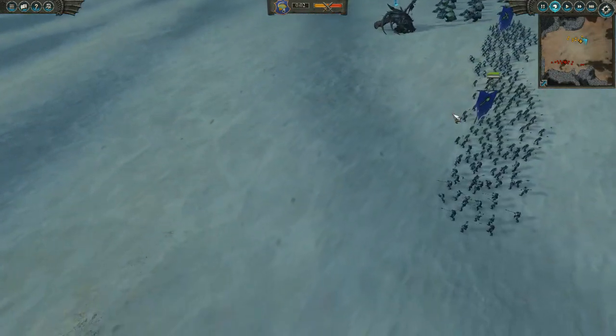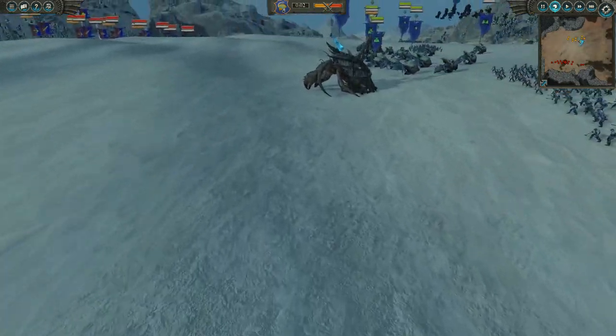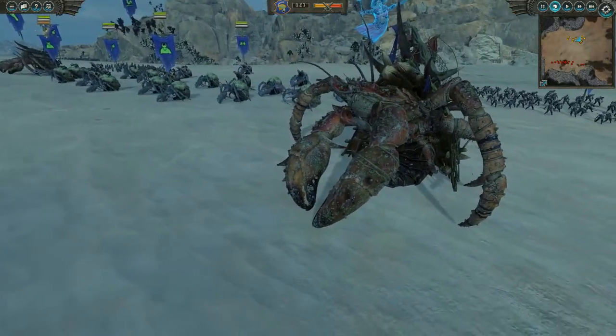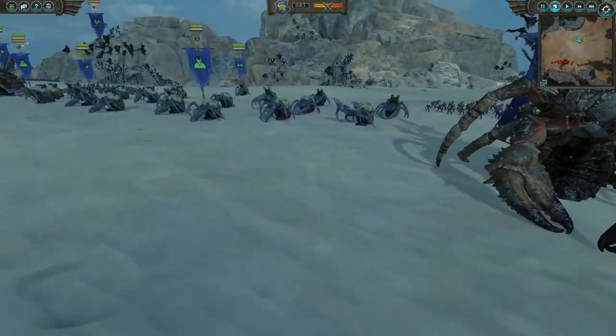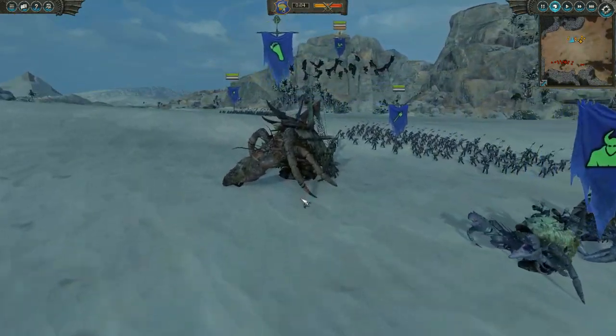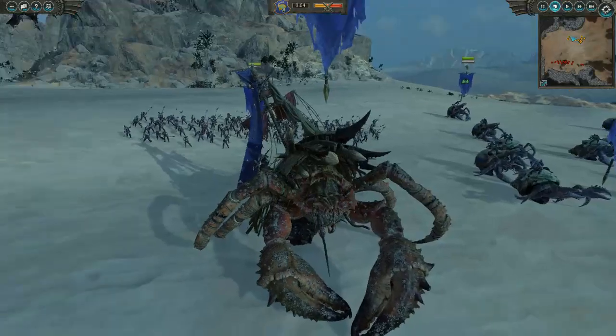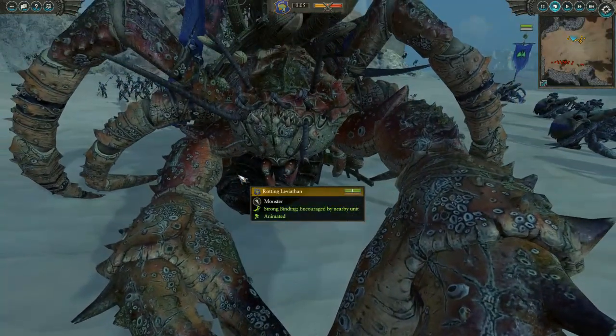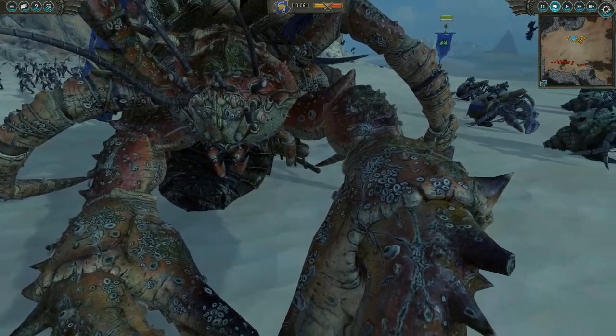I had so much fun on that chaos battle where I had one crab be the hero of the day that I thought the only thing left to do was to bring a gigantic crab army into my next battle. I am playing as the Drowned and I went crab heavy. I have a rotting Leviathan right here, the hero who beat back the hordes of chaos more or less by